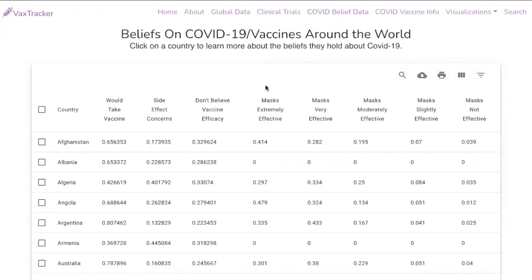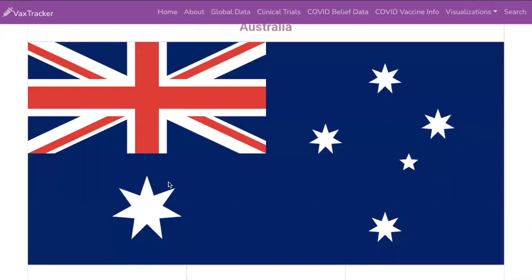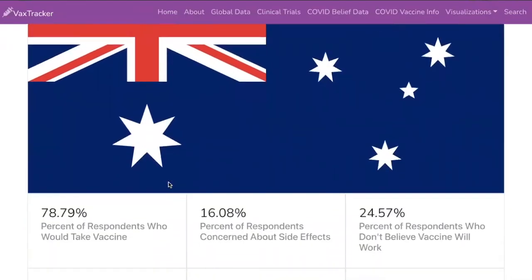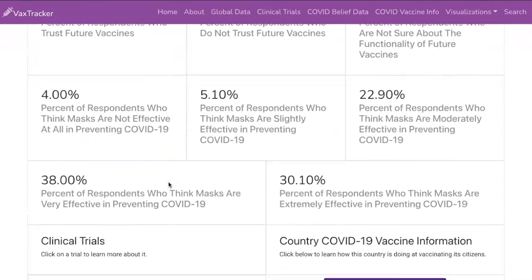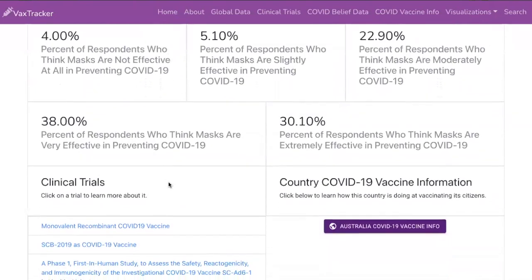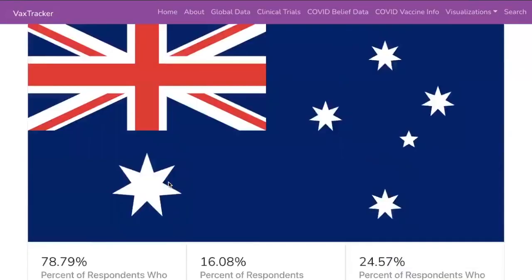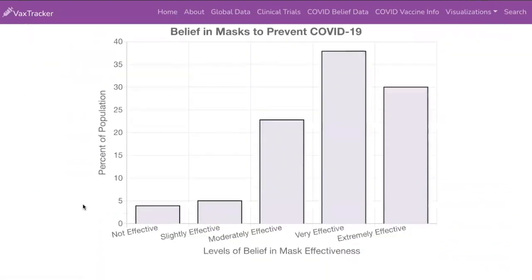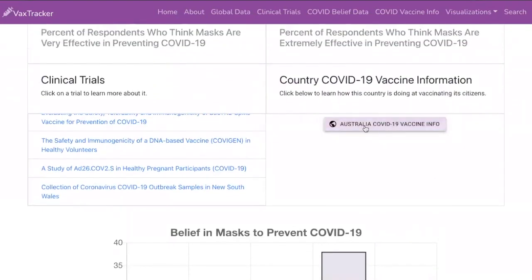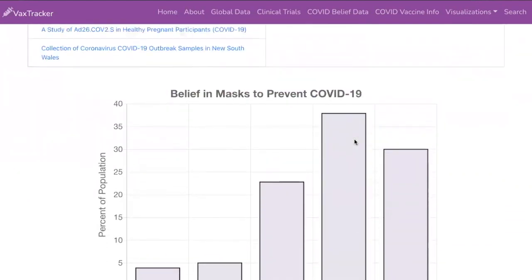Now let's look at the COVID-19 belief data. So here is the models page organized. The countries are all organized into a table. Let's click on Australia. And here you can see in one of the instance pages that we've displayed all of Australia's population's beliefs on who would take the vaccine, concern about side effects, worry about the vaccine working or not, trust in the vaccine, as well as effectiveness of masks. We've also displayed the clinical trials in Australia, as well as a button to go see Australia's COVID-19 statistics. And then you can also see a graph at the bottom that